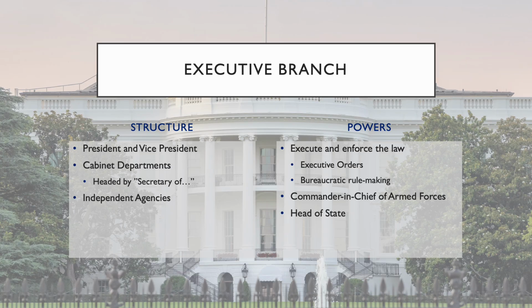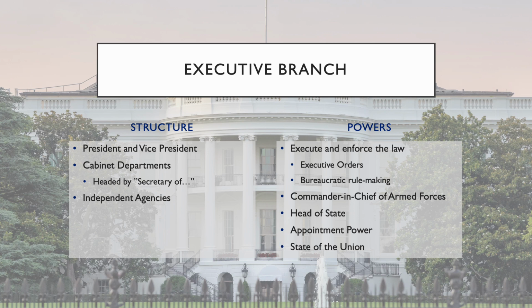They can negotiate treaties and all sorts of things. They have the power to appoint leaders of the executive branch, right? So you think of your cabinet secretaries, your head of the EPA, your head of the FBI, all those things, but also judges to the federal judiciary, ambassadors to other countries, with the advice and consent of the Senate, of